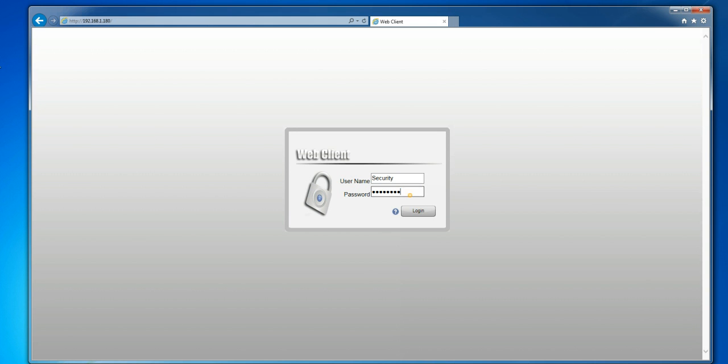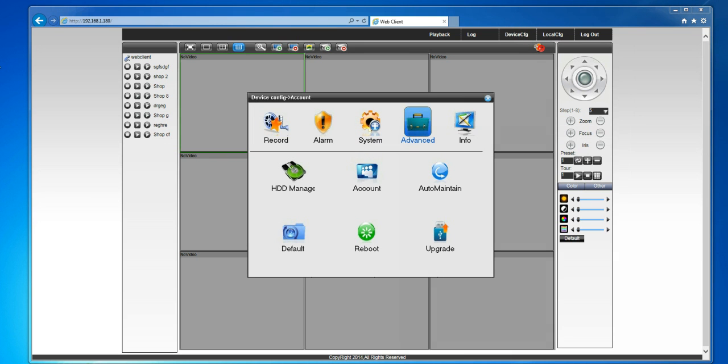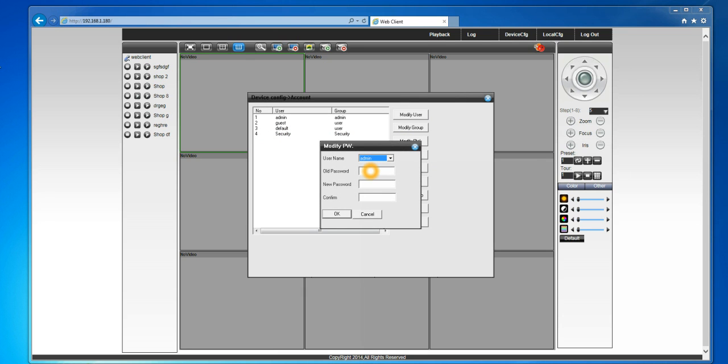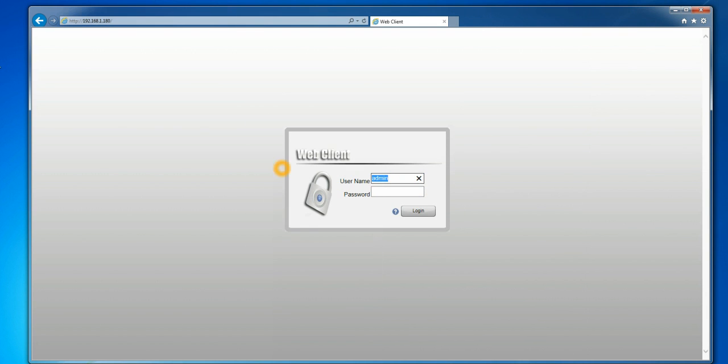Okay, something's happened to my pasting, so I'm going to have to log back in with admin, and what I'll do is I actually have to type the password. So go into there, modify password, let's go down to security, put that in there, put nothing in there, saved, log out, okay, type that in there,